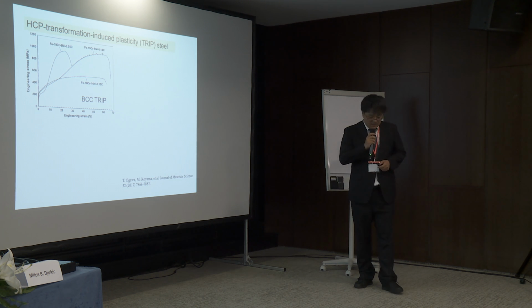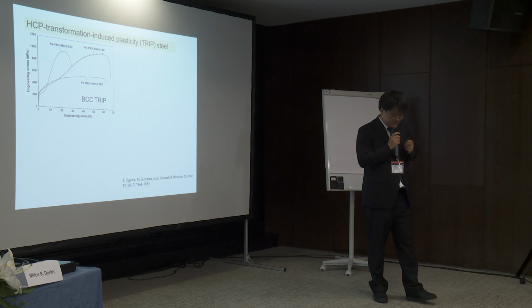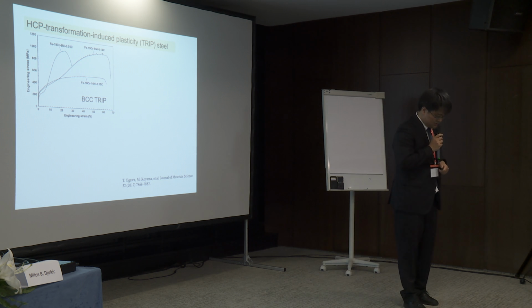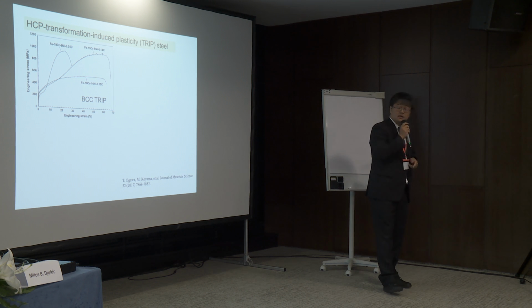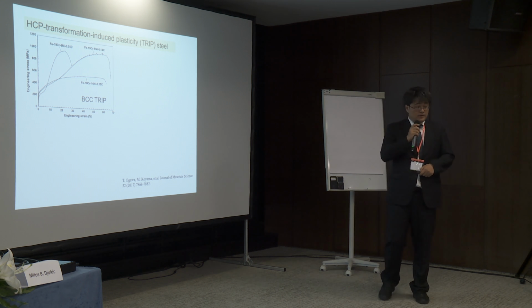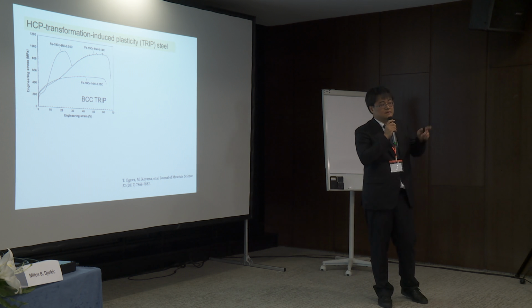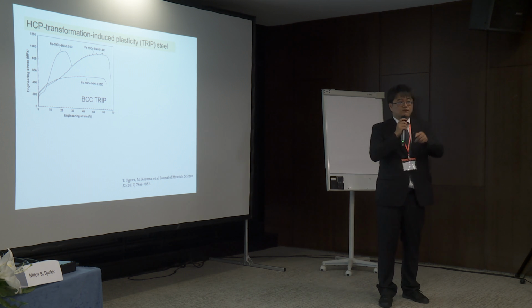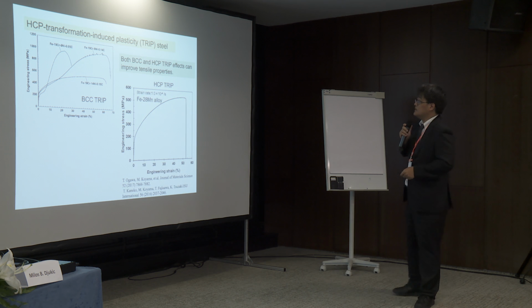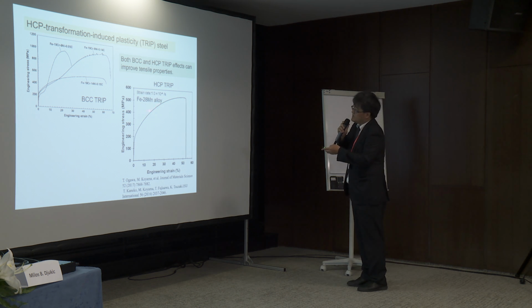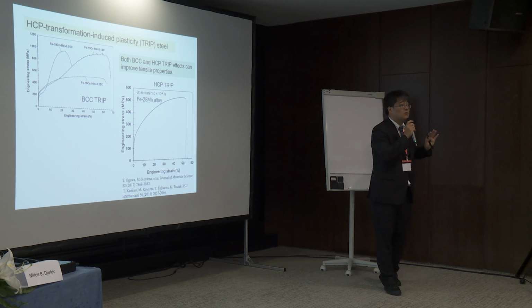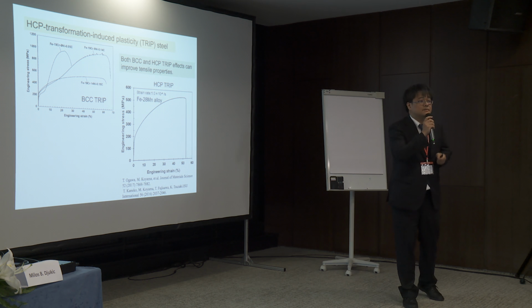But anyway, HCP martensite is very important to understand the underlying mechanism of plasticity, even for the BCC TRIP. Usually, BCC martensite forms after the formation of HCP. Then also, this is the case of iron 28 manganese that doesn't show BCC, only the deformation-induced HCP martensite